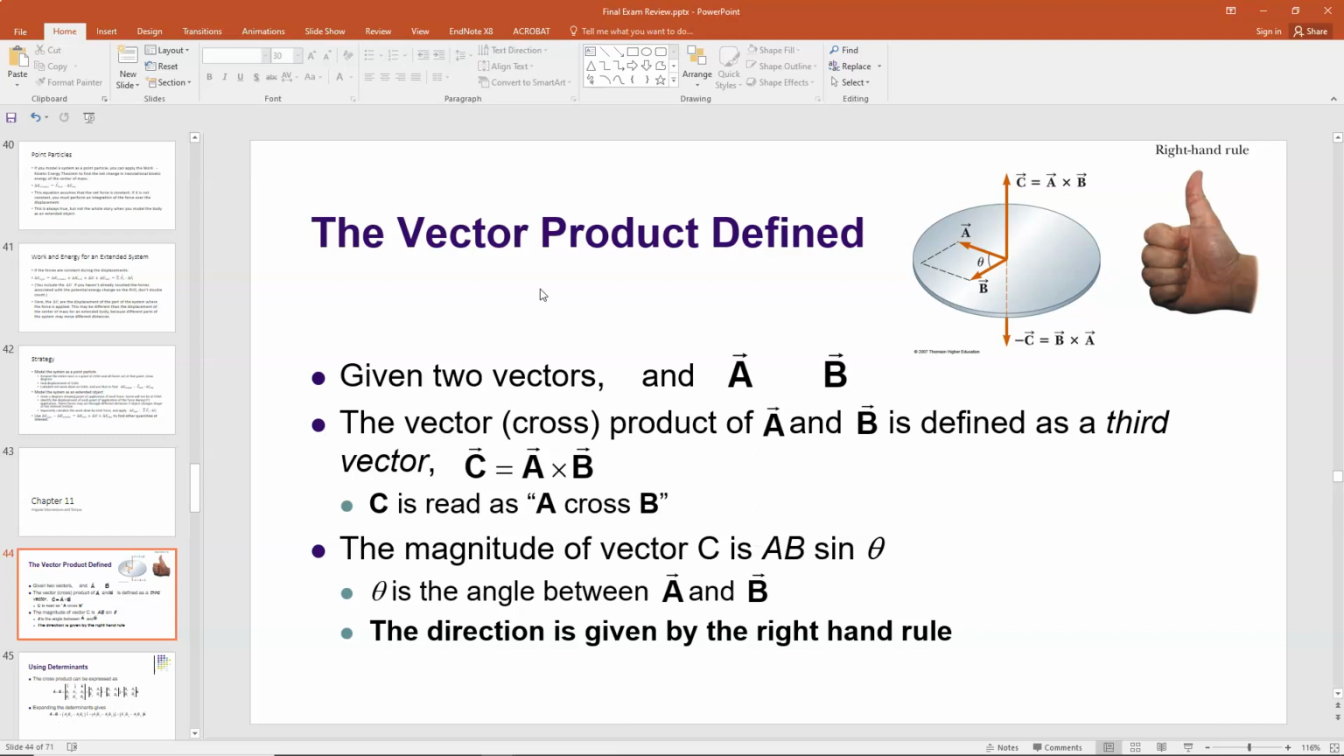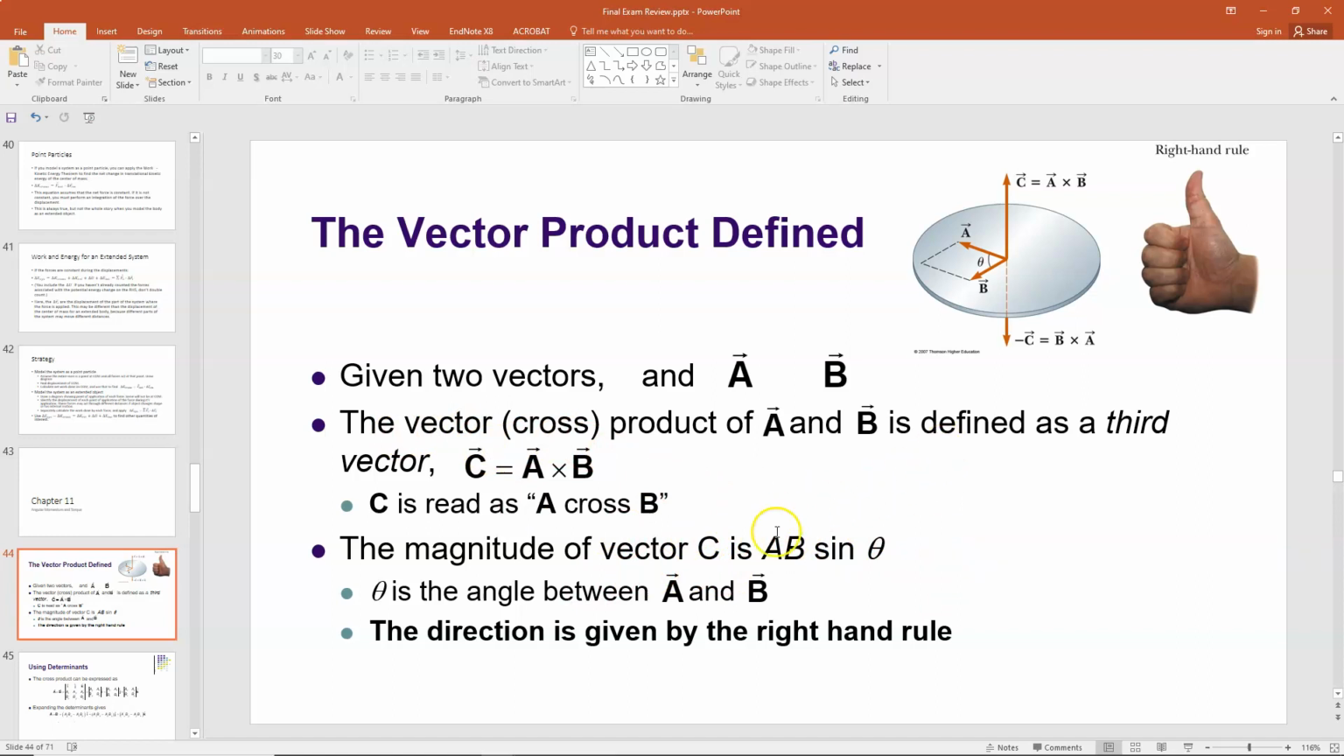Swing your palm towards vector B, and your thumb will be vector C, your resultant vector, okay? If you're doing the gun one, you make the sign for loser in any direction. A is your index finger, B is your middle finger, and thumb is your resultant. If you want to find the magnitude of the cross product, the magnitude of the cross product for C is